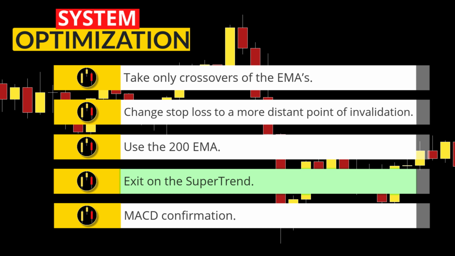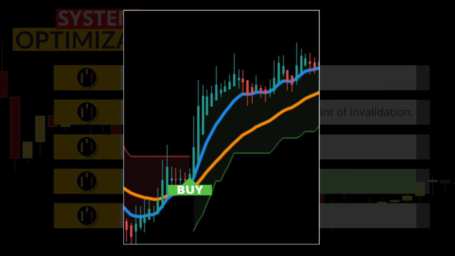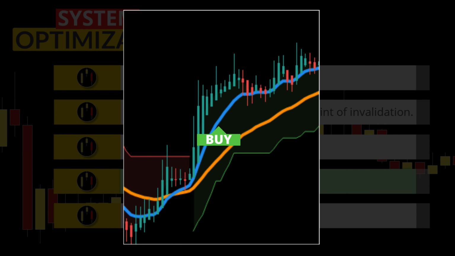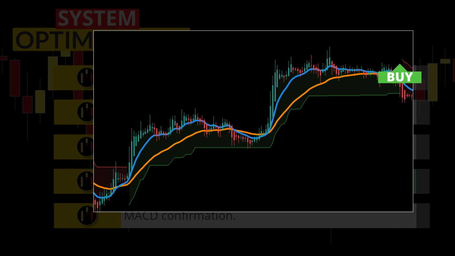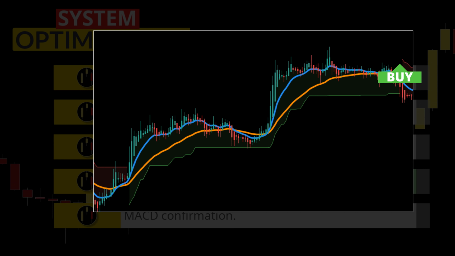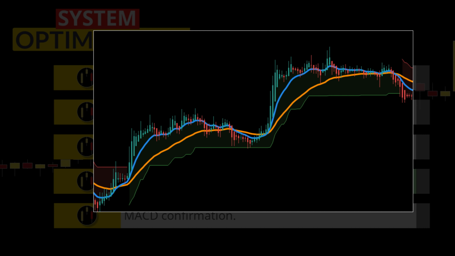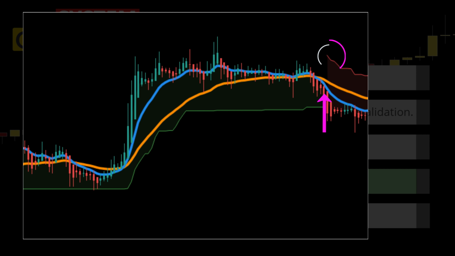Fourth, you can use a different exit method to really increase your profits. Exiting on the reverse Heikin-Ashi candle can be fickle. You may want to try an exit based on a super trend opposite signal. For example, if you are long, close the trade on a super trend sell signal. Not only is the potential for profits greater, but it is also easy to set an alert on TradingView to